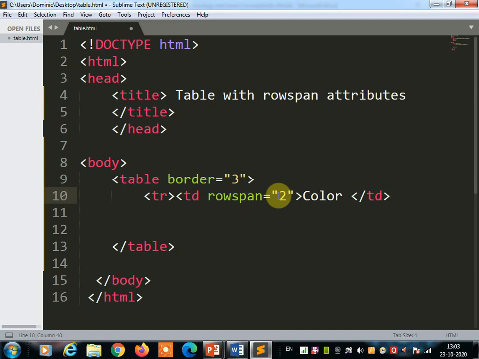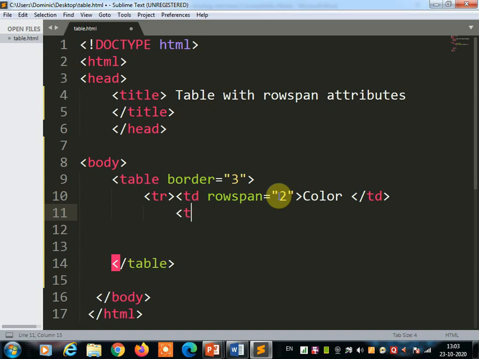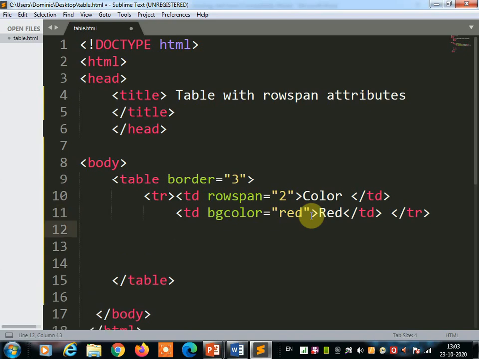Once you close the td tag, you create one more cell by using td bgcolor equal to which color you want. Put the name of the color here, red, and then complete the td tag, and complete the first row by using the closing tr tag. Now this is the first row we have created.